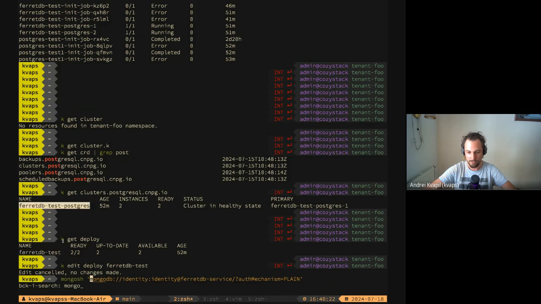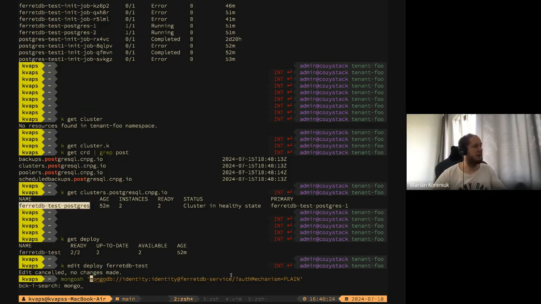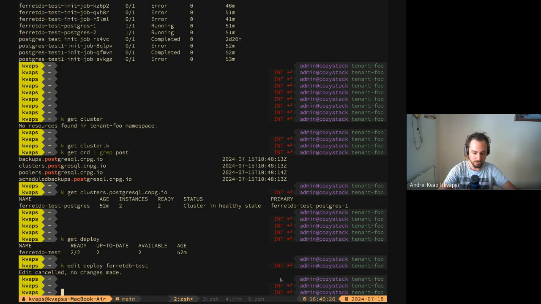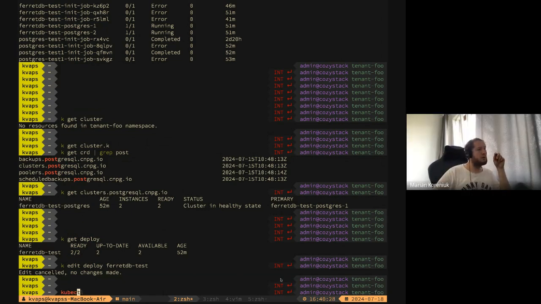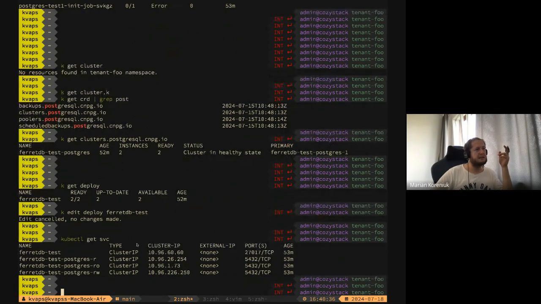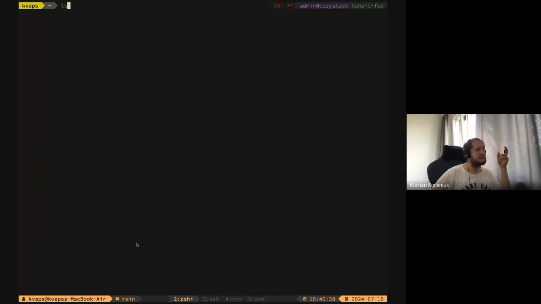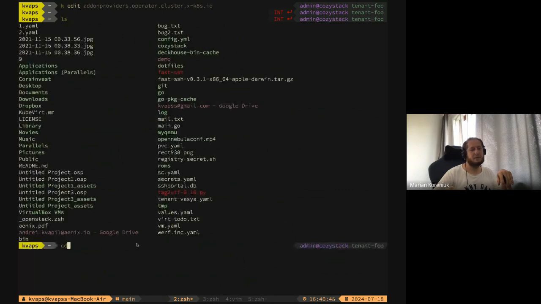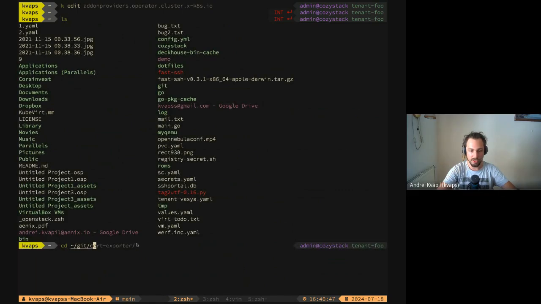of FerretDB, and it uses the plain authentication mechanism. Okay, and we need to create first a Postgres DB, and the next step is to write this. No, not exactly, because right now it is,